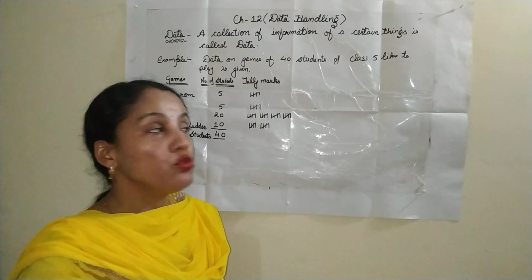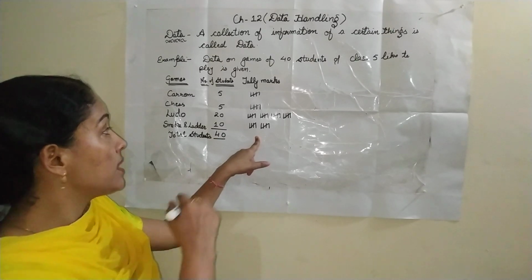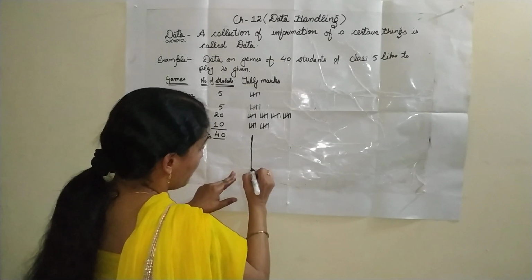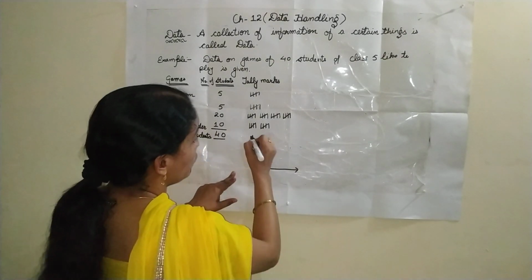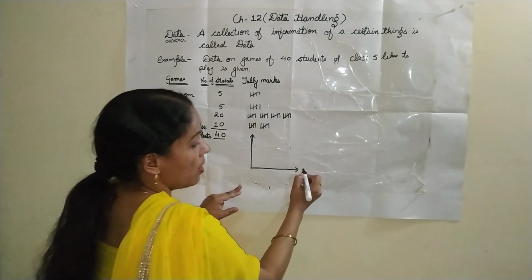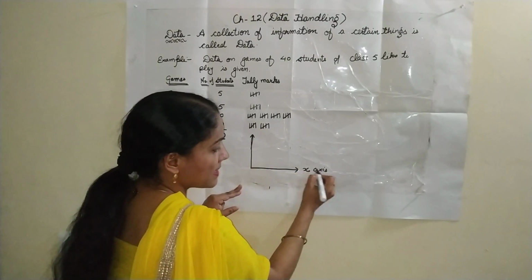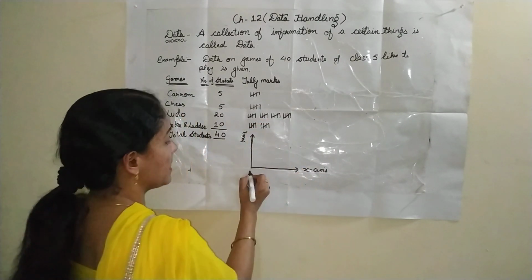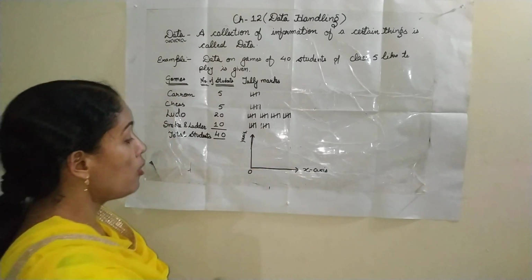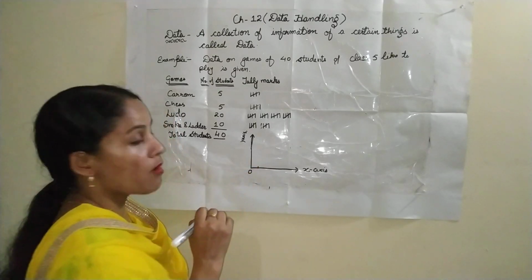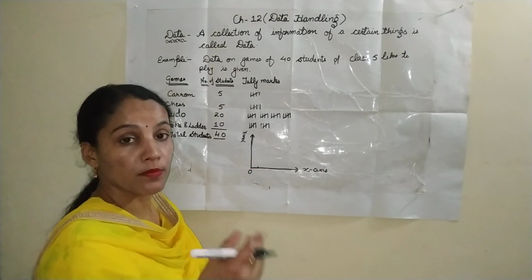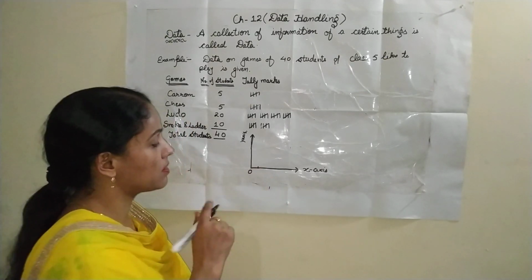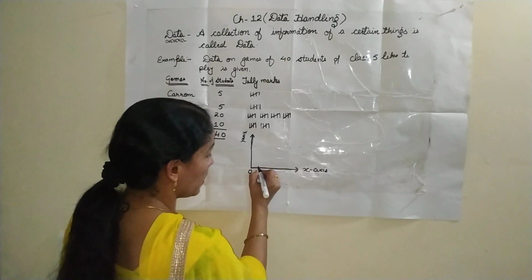Now if I tell you to draw a bar graph for this data, how do you draw it? Just see here. On graph paper, you have to take 2 axes. Horizontally, this is the x-axis, and vertically we call this the y-axis, and this is the origin. Now you have to make small dots for dividing each square. First one is 0, the origin.